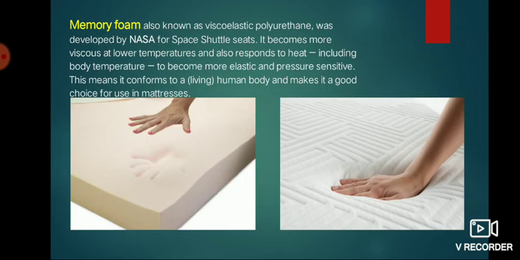Next is the memory foam, also known as viscoelastic polyurethane, which was developed by NASA. Alam naman natin na ang NASA is the National Aeronautics and Space Administration. It was made for space shuttle seats. It becomes more viscous at lower temperatures and also responds to heat, including body temperature, to become more elastic and pressure sensitive. This means it conforms to a living human body and makes it a good choice for use